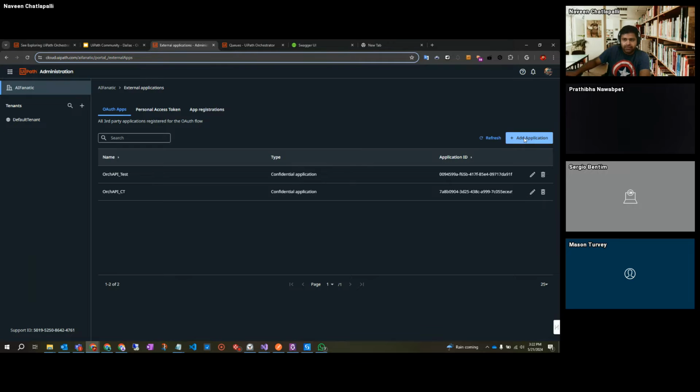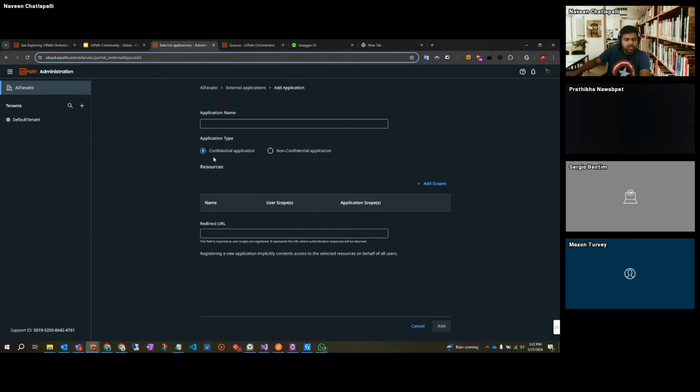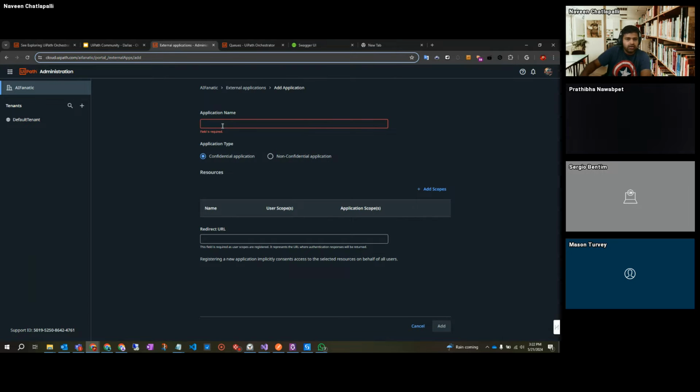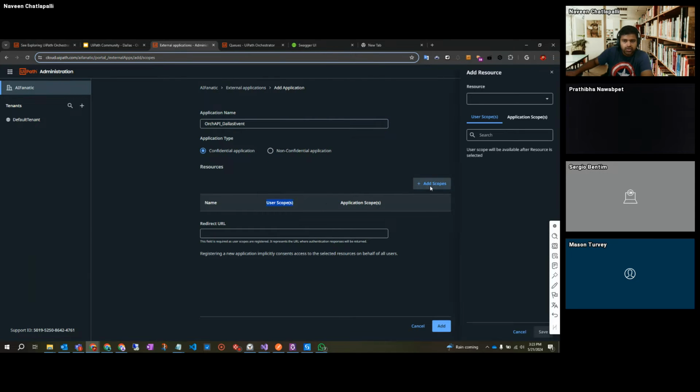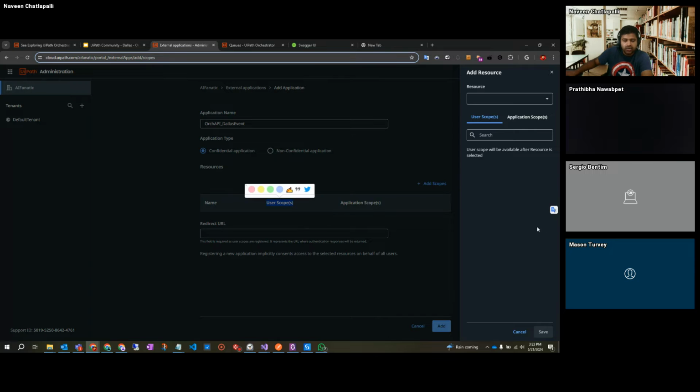So I will click on add application, and my application will be a confidential application, and I will give a name to it. I will create API orchestrator API, and let's call it Dallas. And you should be very careful in selecting these scopes, because these are the important ones which will give you the options to access the